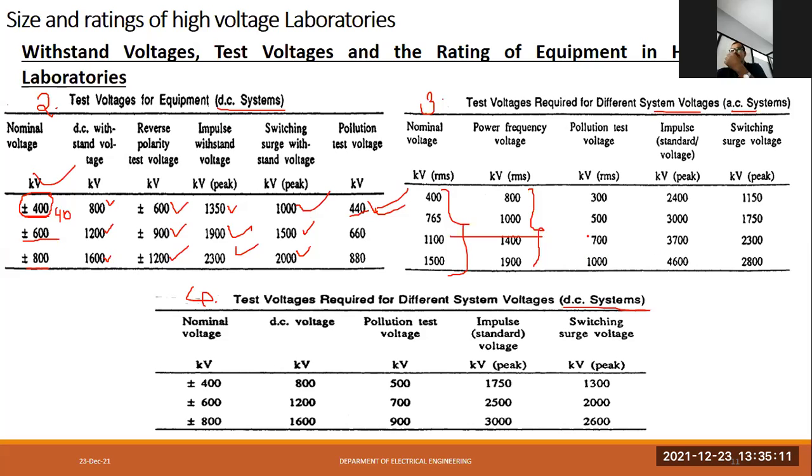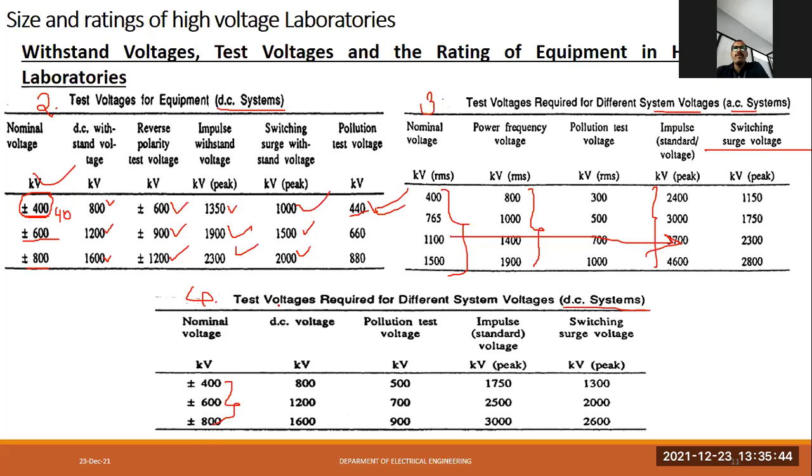So as compared to these, you can see all these values are around 2 to 3 times the nominal voltage. And again, as we know, the switching surge voltage should be around 2.5 times the nominal voltage. So compared to this, here you can see 1.5 to 2.5 times the nominal voltage for the switching surge value. Then the test voltages required in the case of the DC system, again there is a similar thing that we already understood, and we will repeat that.